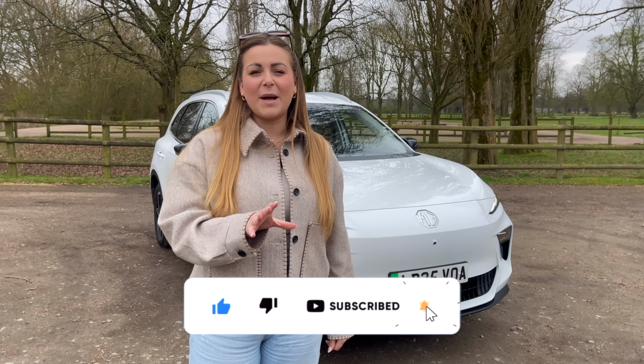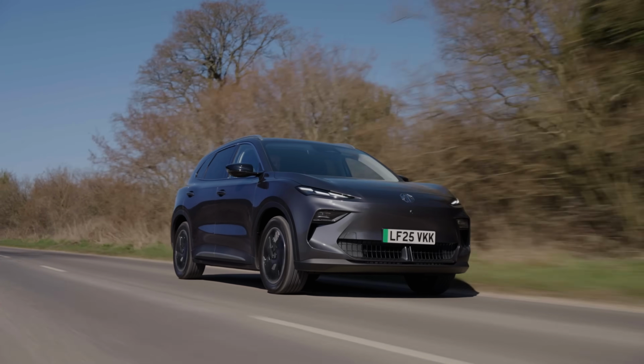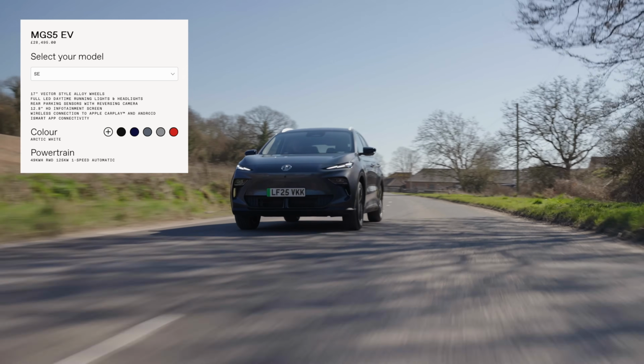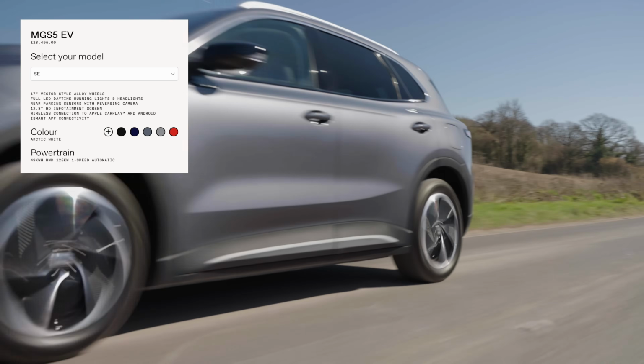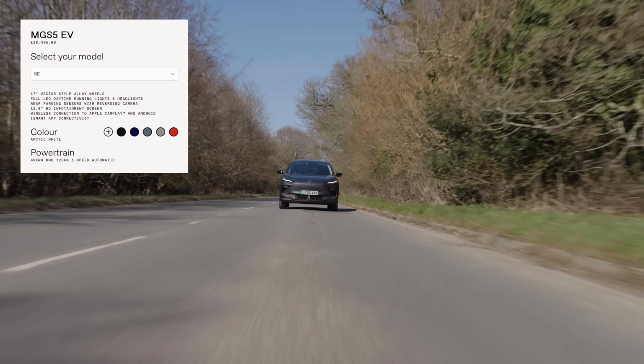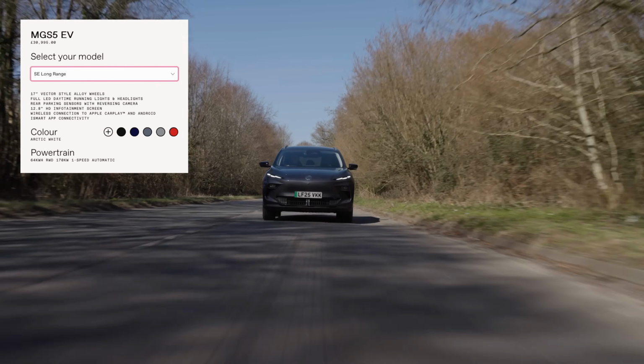So why don't we start by taking a look around this new model. Prices start from £28,500 for the SE model, and this is with the standard range. It has a 47.1 kilowatt-hour LFP battery and 177 brake horsepower motor for 211 miles of range, while there's also